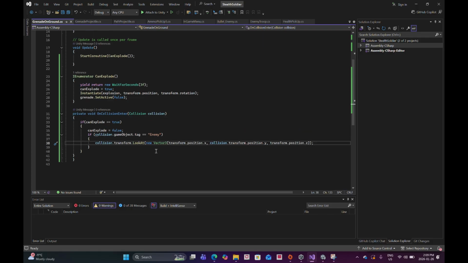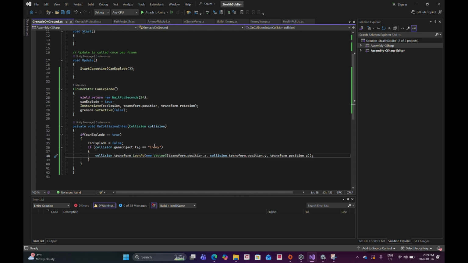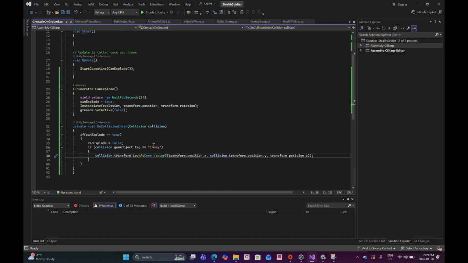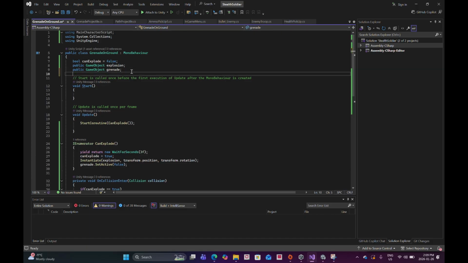So that instantiate explosion is constantly being triggered after 3 seconds. So I need to create another variable, it's got to be a Boolean, I think. Here I'm thinking about it, and finally decide I'm going to create a Boolean,